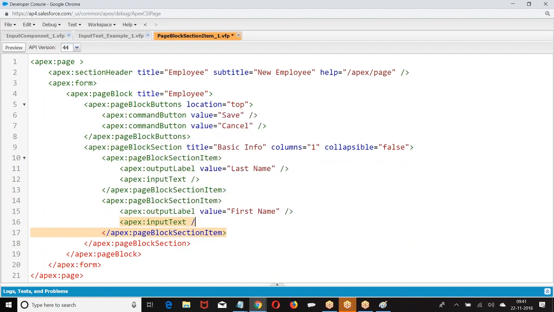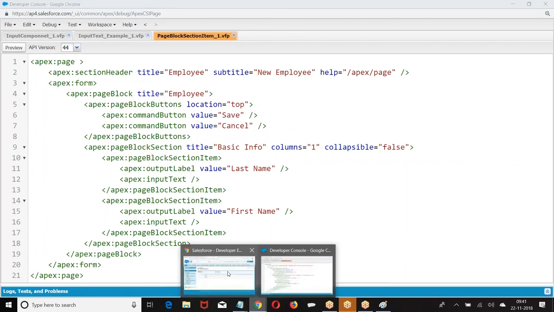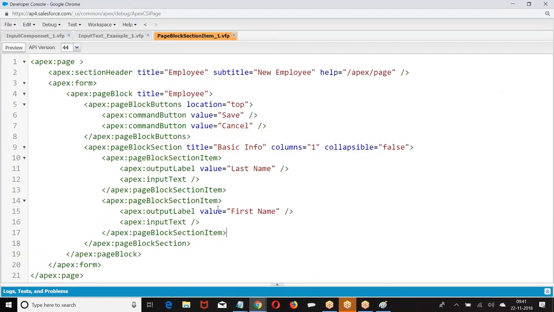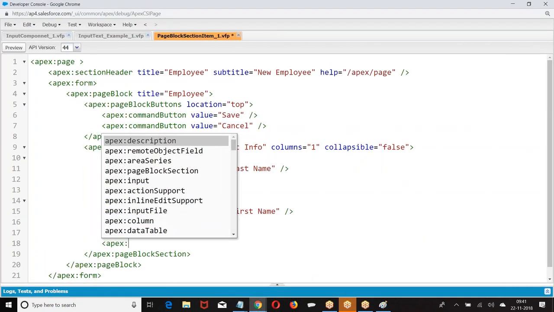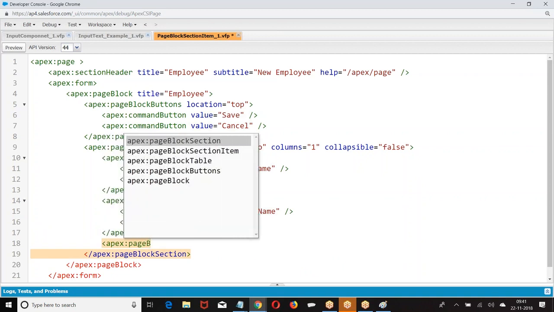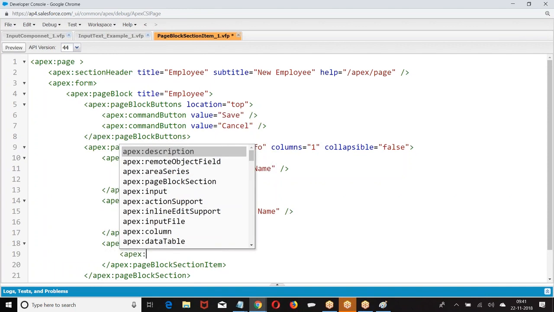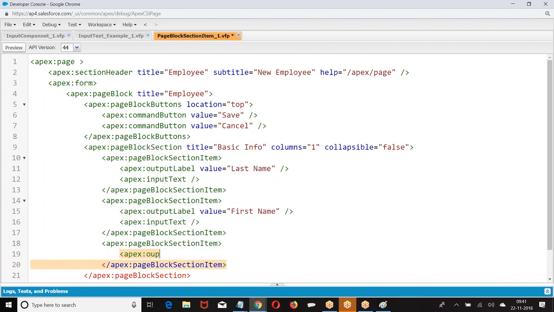Input. Now we gave the second part of the story, input text. Go to the column, last name, first name. Now what is the other data I asked you to create?